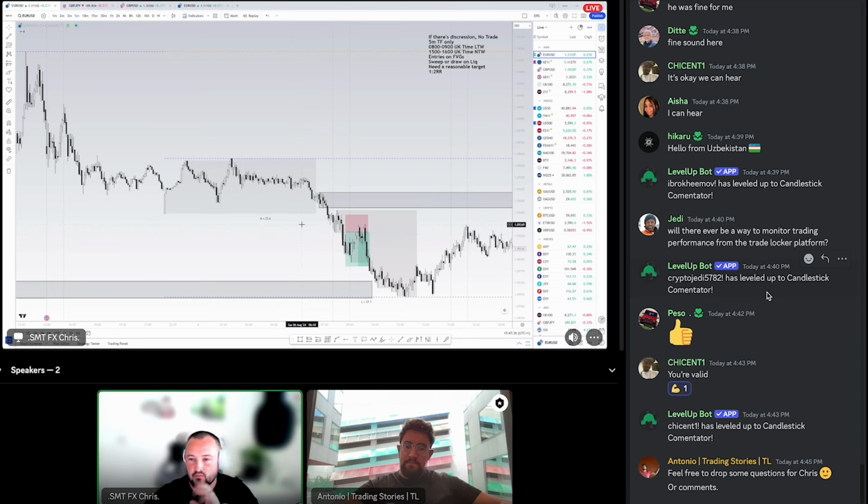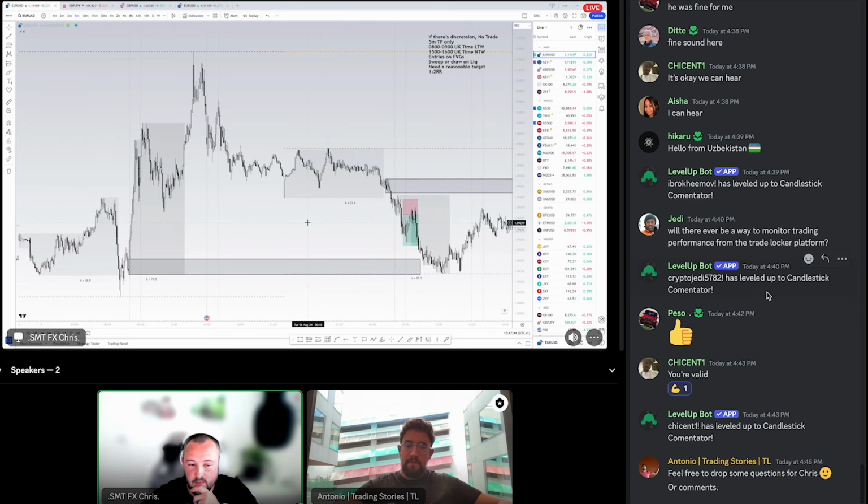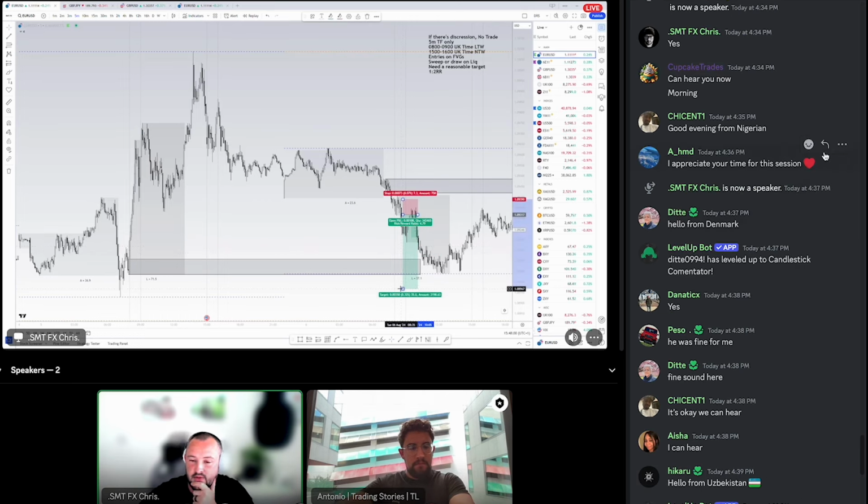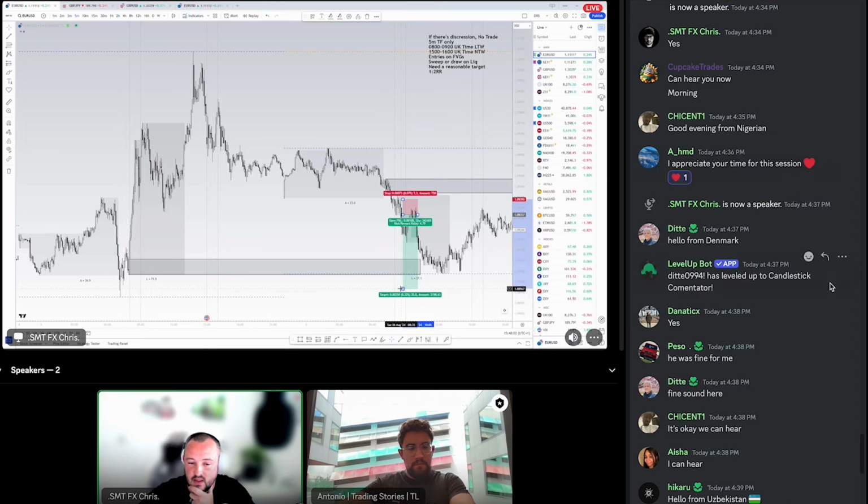What I mean by a reasonable target is this is where we would have entered for this trade. This one did not trigger inside the window, but we have a demand zone down here on order block, whatever you want to call it. We have a point of interest down here. What we don't want is a target beyond our demand zone, point of interest, or even some kind of liquidity area.